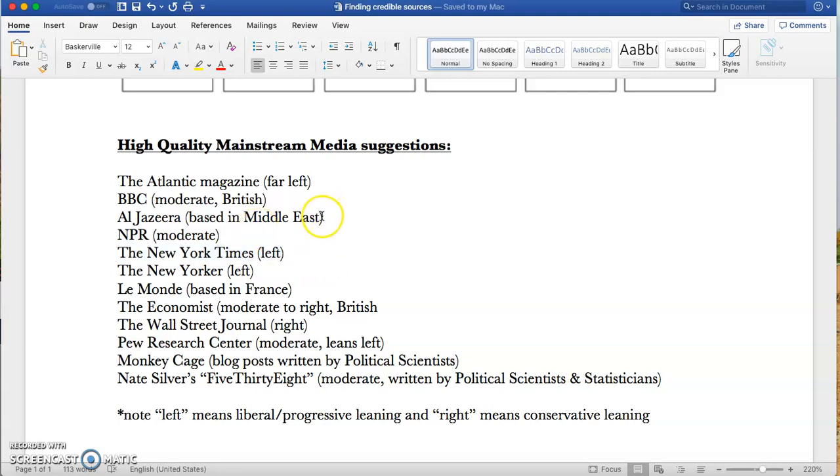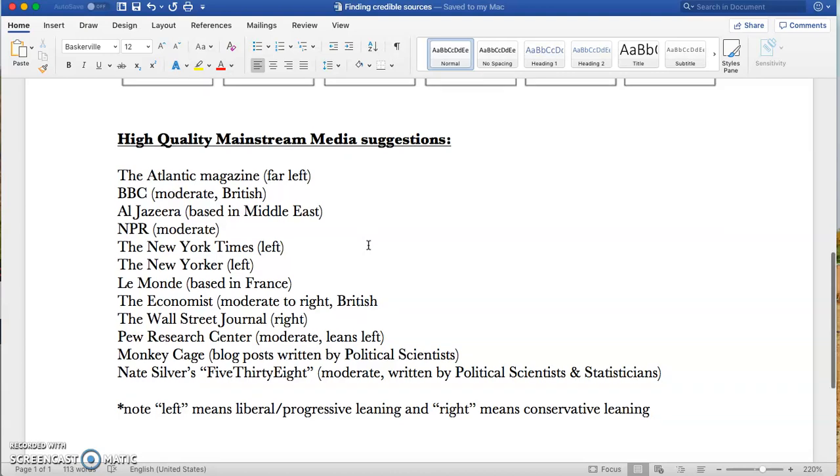I also check Al Jazeera. Al Jazeera is a media company based in the Middle East, right? I also check the BBC. Maybe I'll check out the Wall Street Journal to see their take on it, right? The more you can diversify your sources, the more able you will be to critically evaluate and analyze relevant current